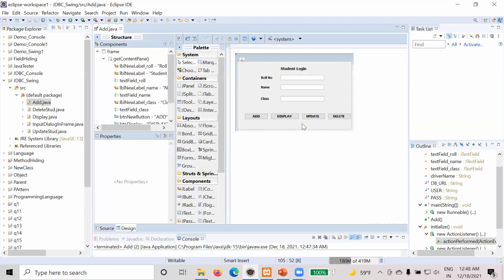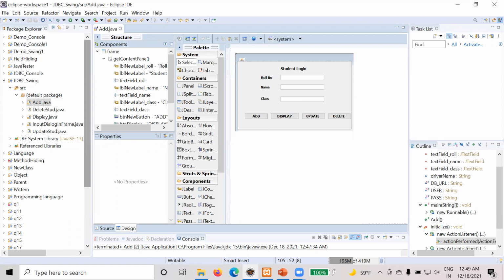Okay, and it will be easy when we design any template for the application of your Windows. So you can add different components, layouts, then containers for your project. So I hope that everyone got the idea how we can create the project by using Swing, and how we can create the project by using console, and how we can insert the data into the table.